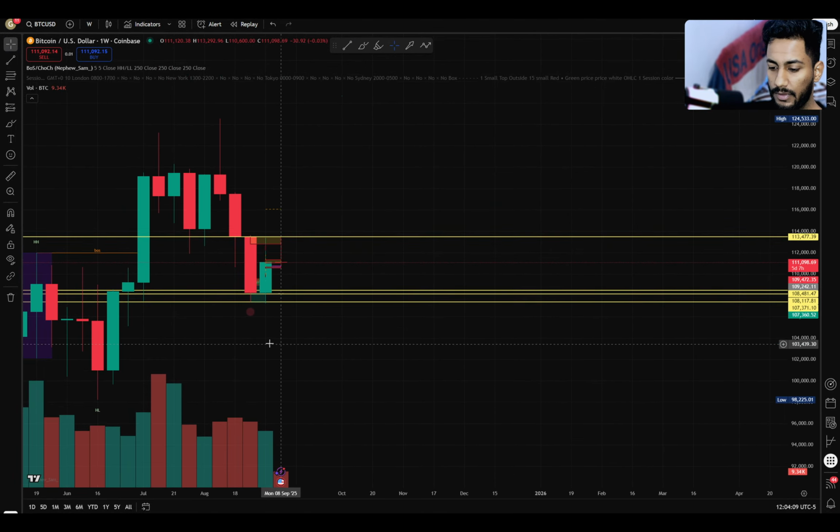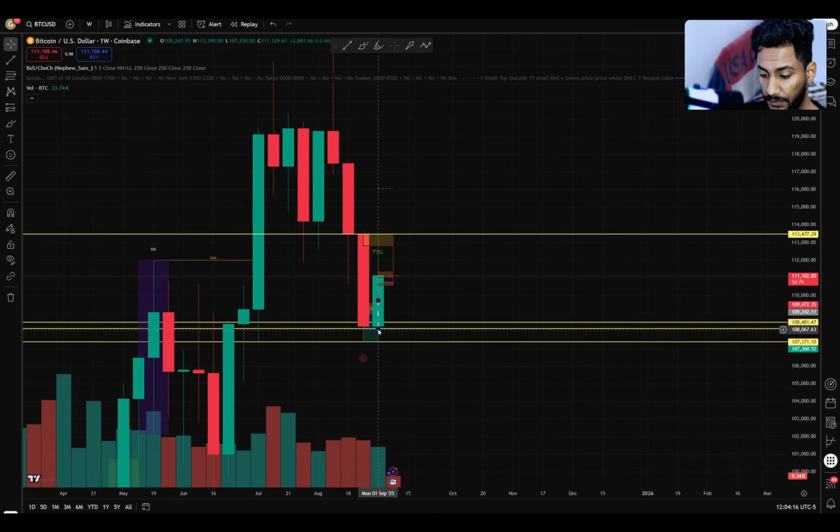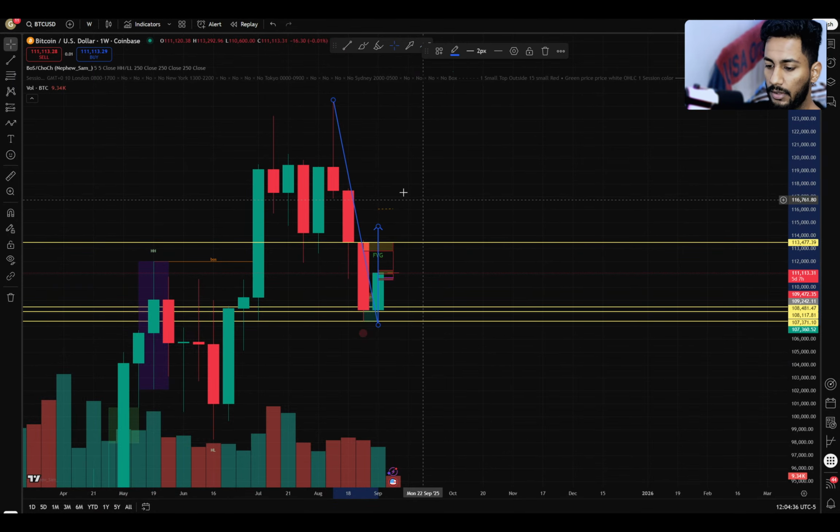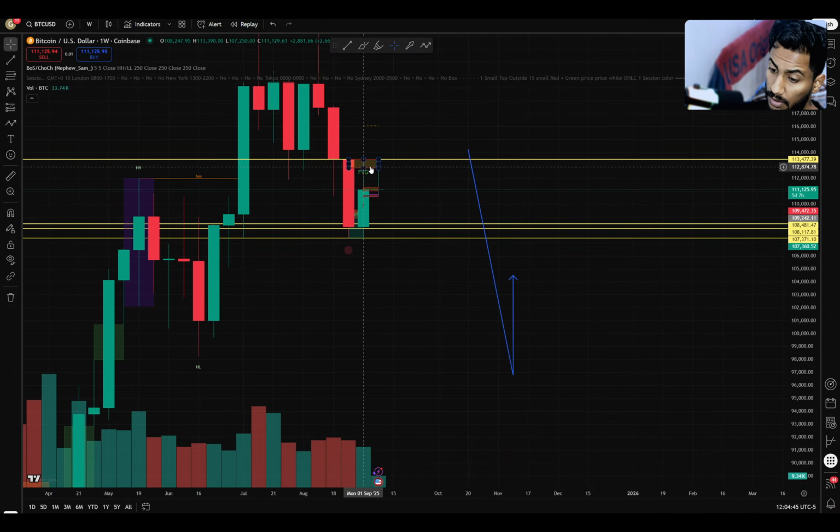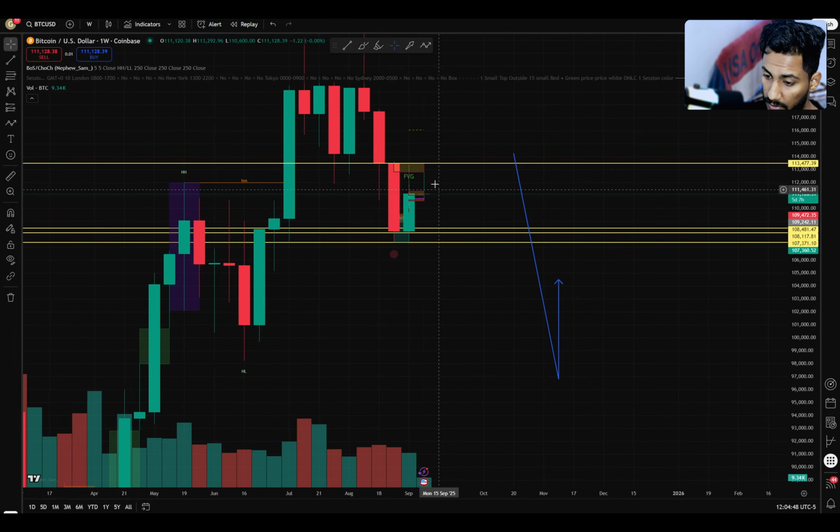So let's say that's a weekly candle. So this week, starting from the first of this month, Bitcoin is reversing. See, it went all the way to the high, down, and is still going up. So what it tells you is that it is reversing, but the price is dropping from that top.